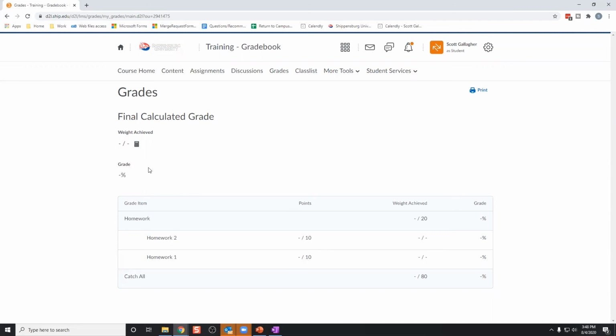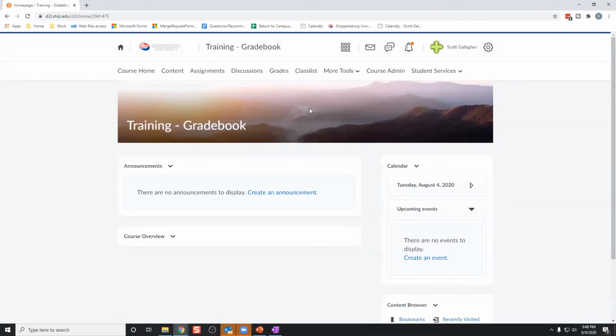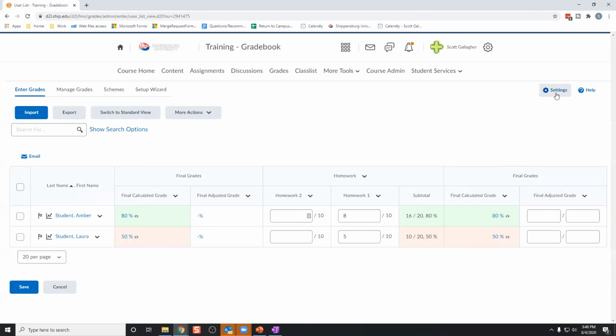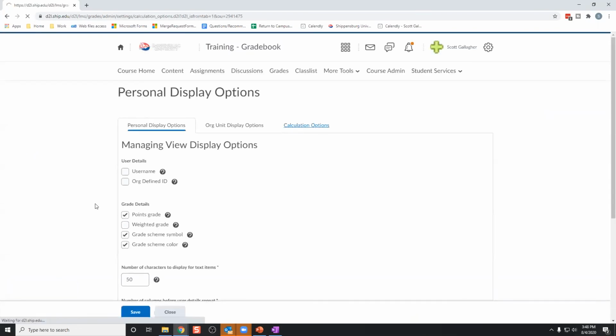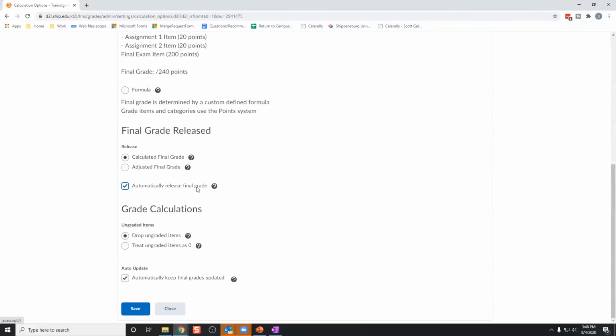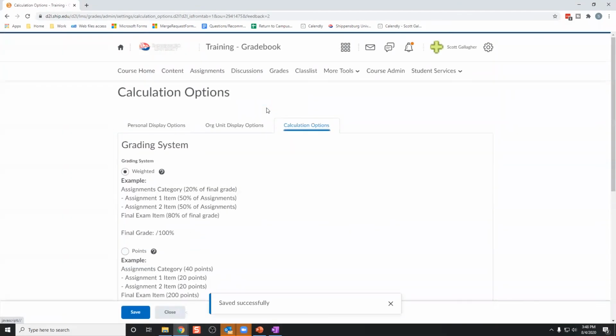So in order to set that up from the beginning, if you want them to see that final calculated total grade from the very beginning, go to grades, go to settings, go to calculation options, and check automatically release final grades. If you don't have that checked, say you want to control that towards the end of the semester, the way you would manually release those grades is by going to your gradebook,